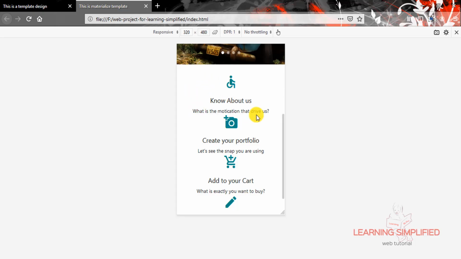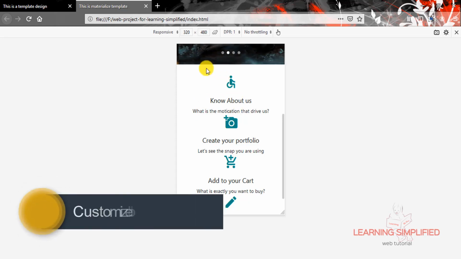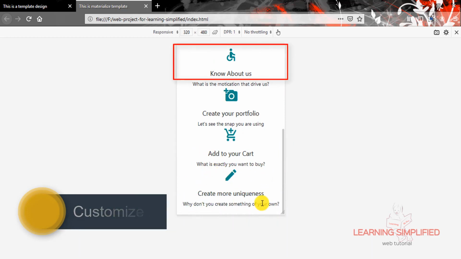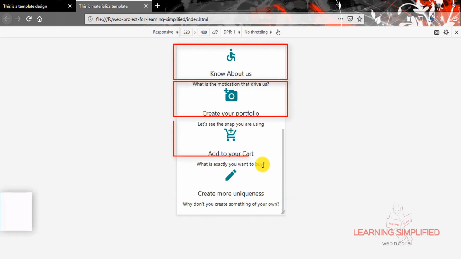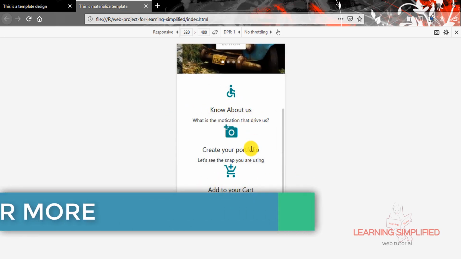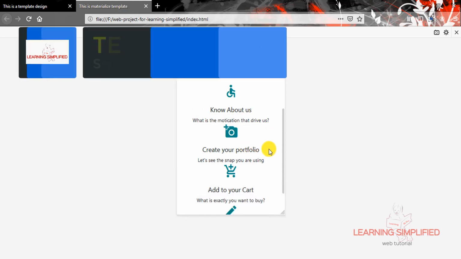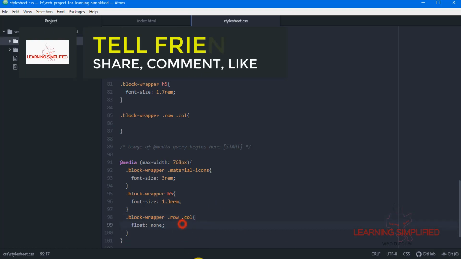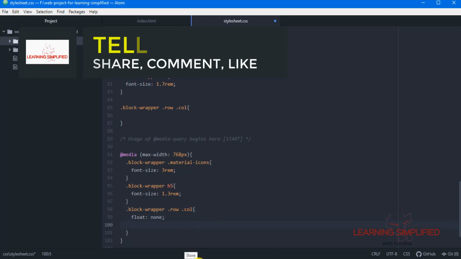We need to put some gaps in between these particular blocks over here. You see, it's too clumsy, so that is why we need to separate them more from each other. We need to make those spacings a little bit larger such that they look good in our project. So in that case, all we can do is get back to our project, and here in the